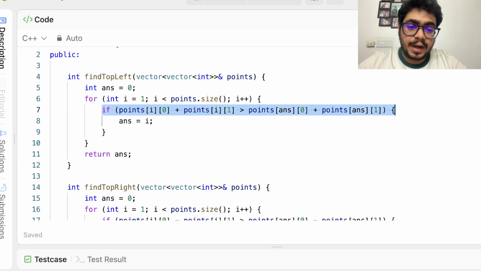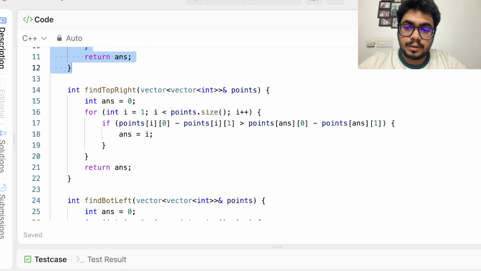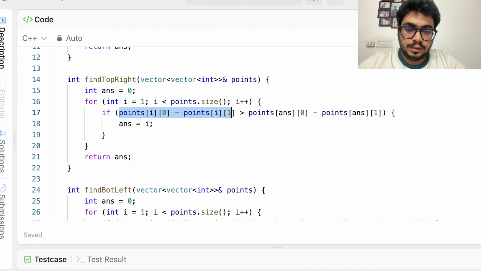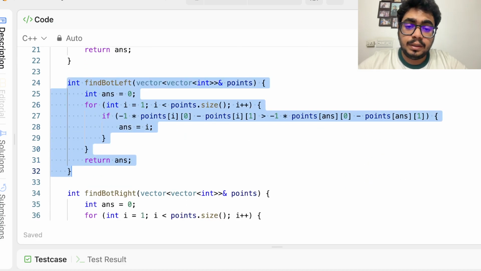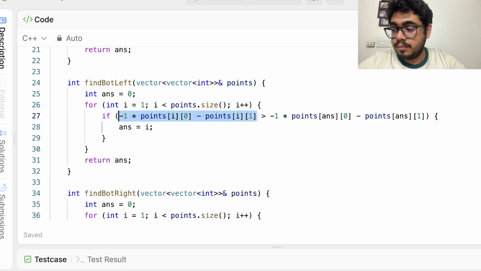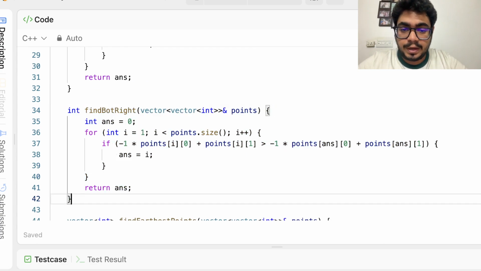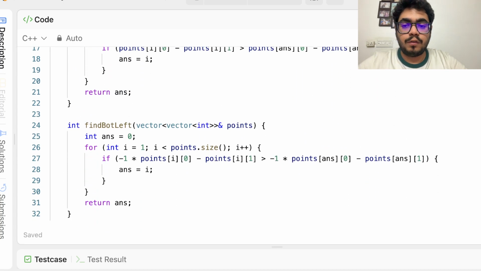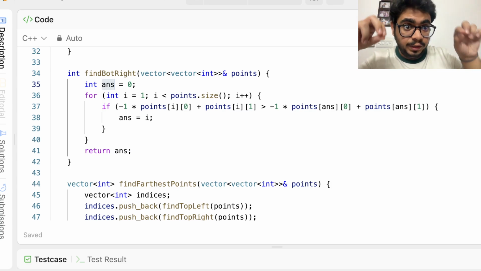So what I've done, I've tried to see if whatever answer we have as of now, that point's sum is less than the new point that we are getting. So I'm replacing the answer with the new point. So this will give me the maximum sum. Similarly, here I'm finding the maximum difference, as you can see. Last, I've multiplied a -1 here, so in a way finding the minimum sum. And in this also, finding the minimum difference. So yeah, these are the 4 for loops to get me the indices of 4 points